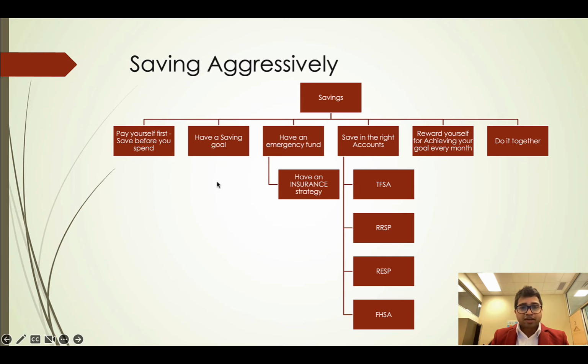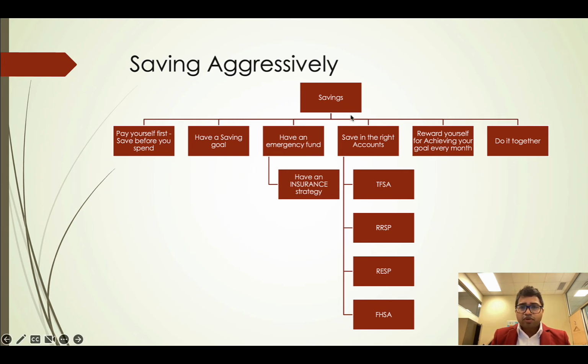Minimum 10% of your paycheck should be saved, like 10% of take home salary. You can always target higher. FIRE is where people are saving 50% to 70% of their take home pay. That is very aggressive, that eventually you will get there, but a baseline to start from is somewhere around 10%.